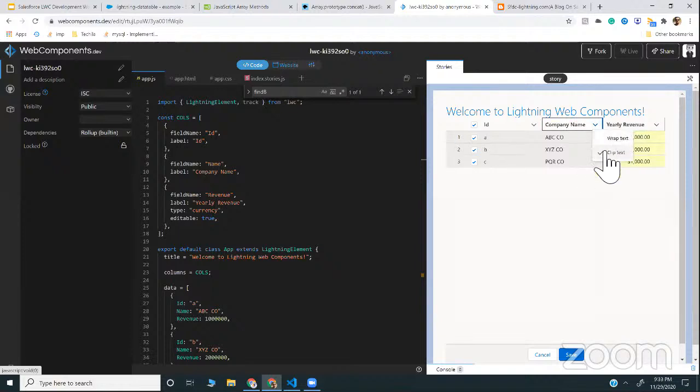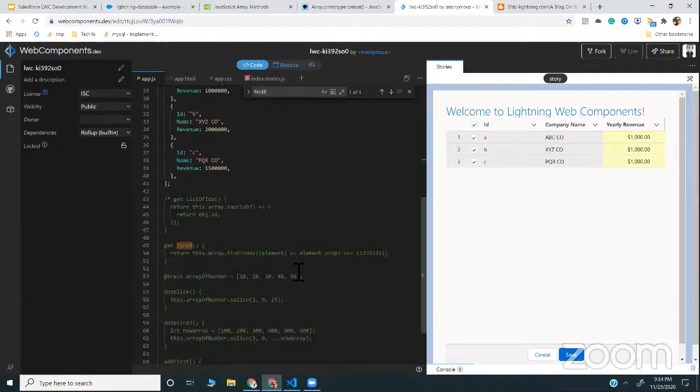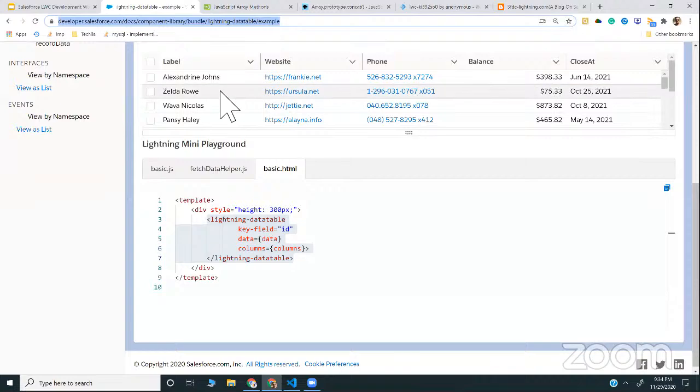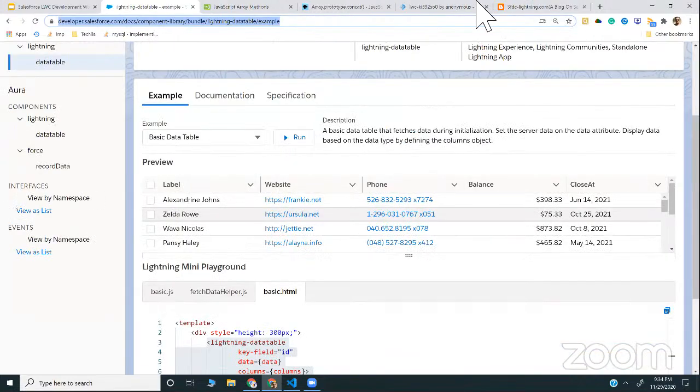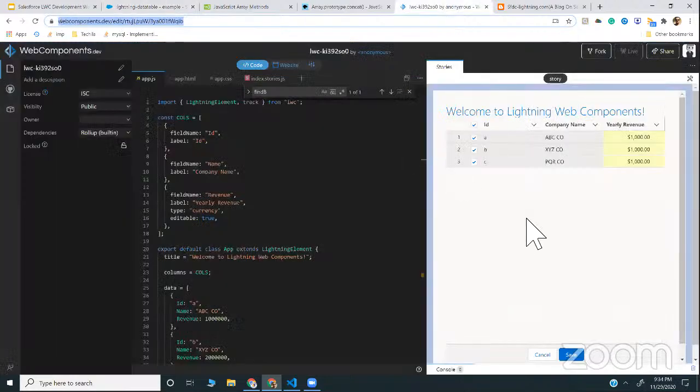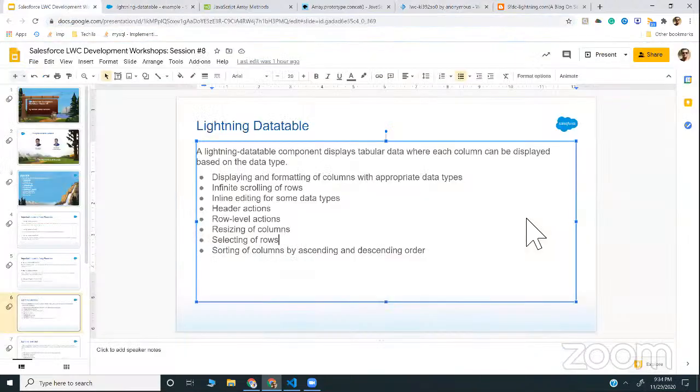Like these are the header level actions where we can define the sorting logic for a particular column. And you can find all the information on the documentation page of the Lightning Web Component stack. So that is it for today's